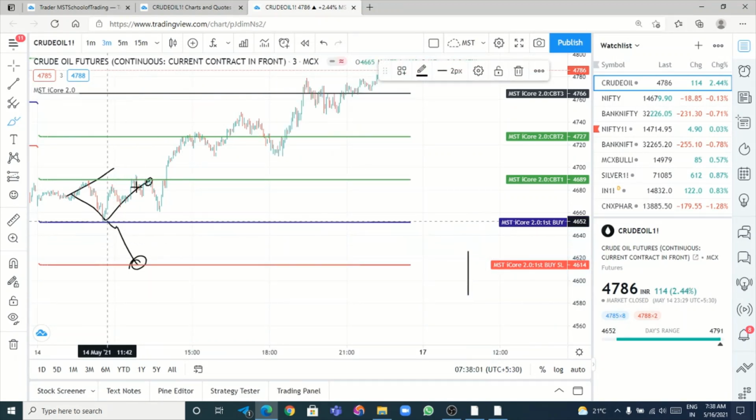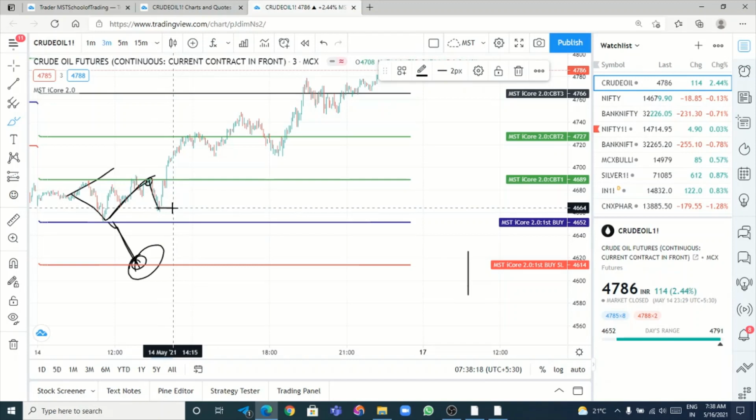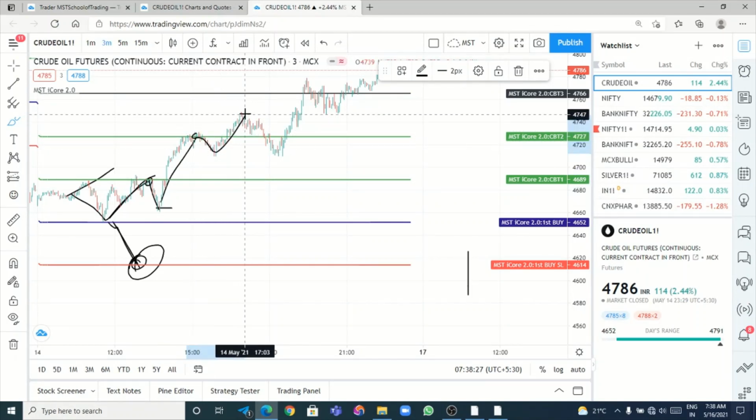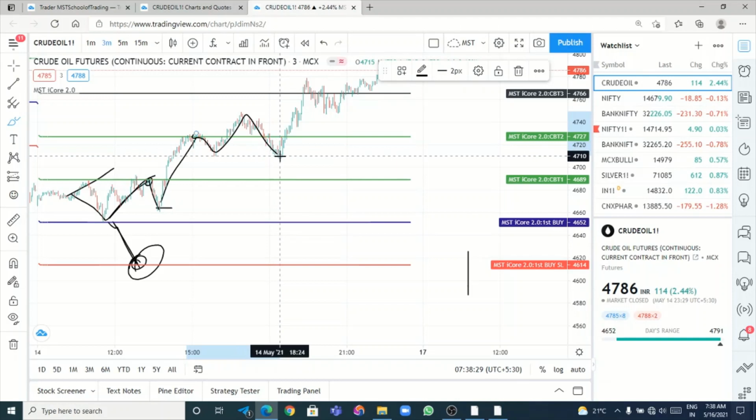If first buy target hits, your trade is over, exit the trade and enjoy. If first buy SL hits, then you can take the reverse entry or book the loss and take the rest. Fortunately, yesterday exactly our first buy triggered and we got the first target, and it gave a small retracement. It did not touch our buy entry point. Then again it reached the second target. Small retracement, again a small high, then small retracement. It has taken the support from here.